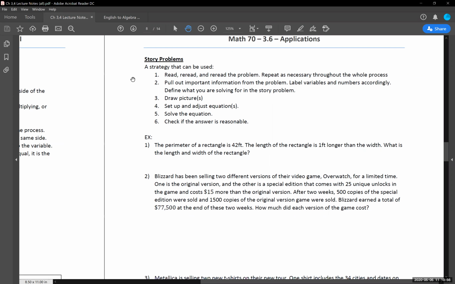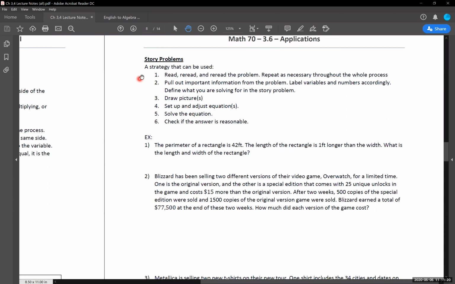So again, the proposed strategy that I'm giving you guys that I think is worthwhile using, you do not have to use it, but I think this is a fairly universal set of steps we can have for solving and setting up these story problems. And I want to emphasize how many of these are actually just doing setup steps before we actually get to just doing a pure mechanical problem.